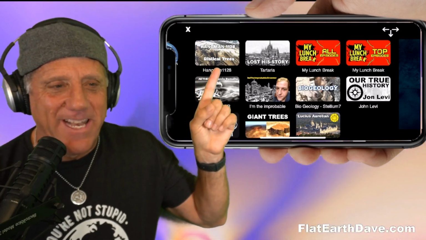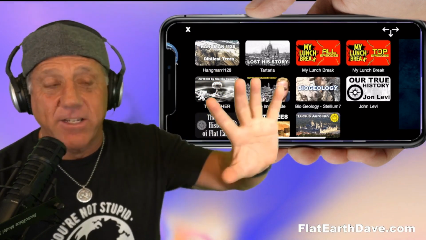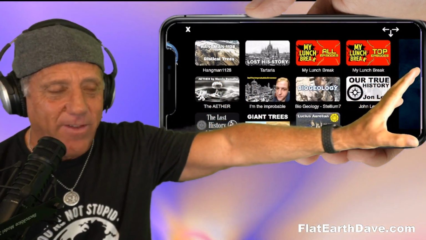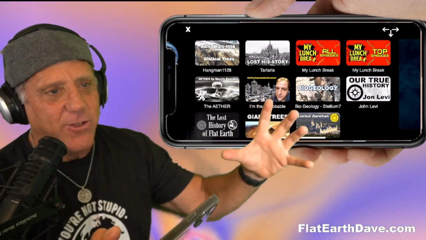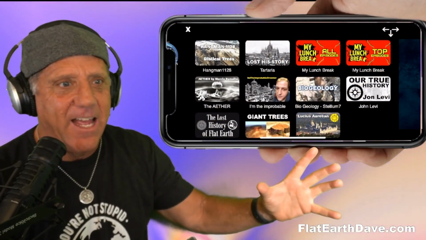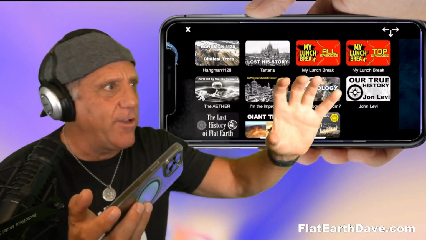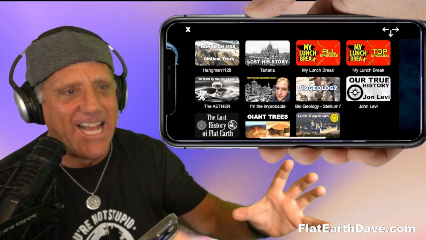the first button now, which I just added. It's called Hangman 1128. This guy's just going up and showing you stuff. Like he's showing you pieces of decaying cedar, actual decaying cedar. Then he shows you these giant rocks in the same exact thing. But when he doesn't show you the scale of what he's showing you, I'm like, wait, is that a giant rock or is that a little piece of cedar? I can't tell.